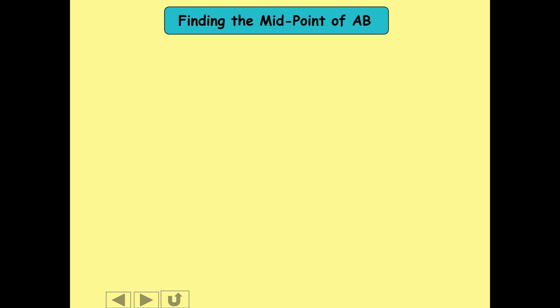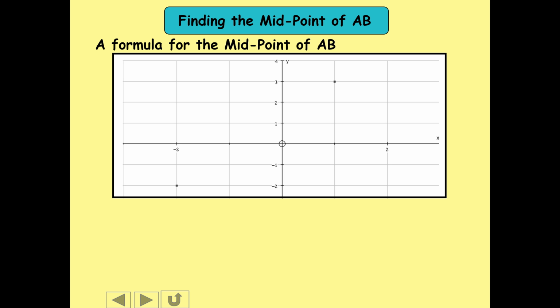We can now derive a formula for the midpoint of 2 arbitrary points. So for example, in our previous example we had the point A -2, -2. Suppose we change this to the general point x1, y1. And point B was 1, 3 in the previous section. Suppose we change this to the general point x2, y2. As we said before, to find the midpoint of 2 points, we find the average of the endpoints. So to do this for the general points x1, y1 and x2, y2,